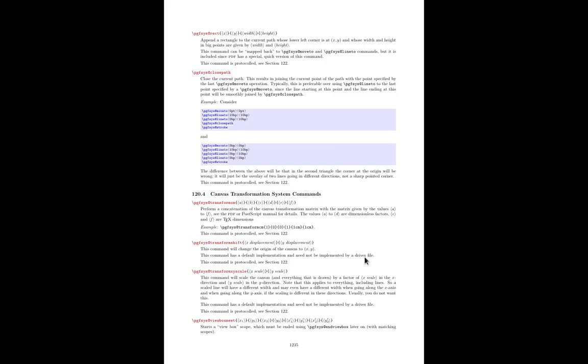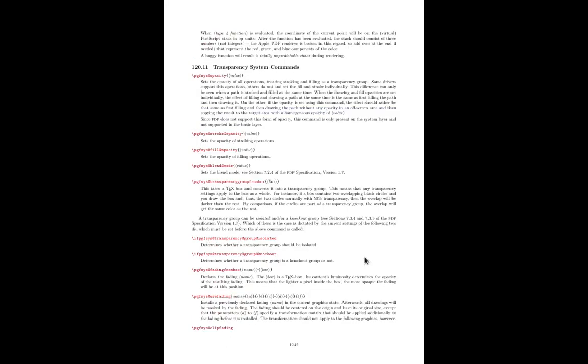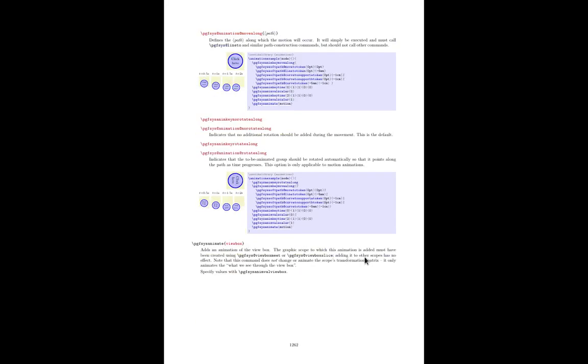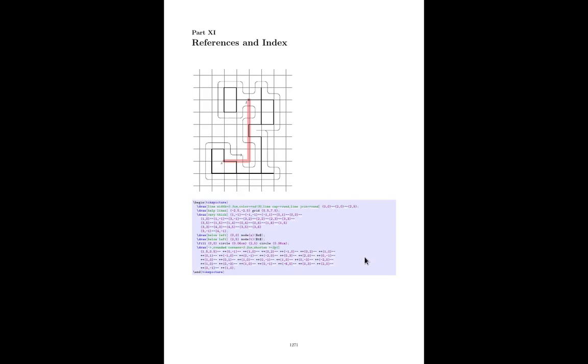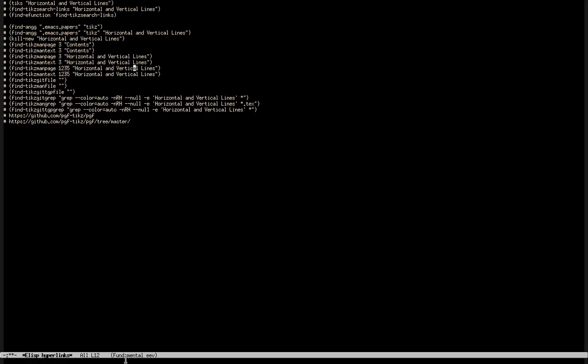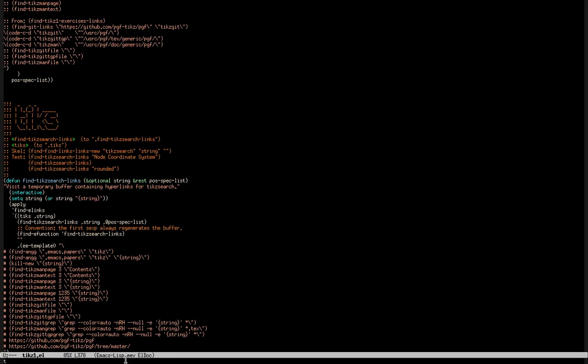The index is a few pages ahead of that number. Let me see how many. Oh no, many pages. So in this version of the manual, the index starts at page 1271 instead of 1235, and I can go to the source code of this function, and I can change this to 1271,